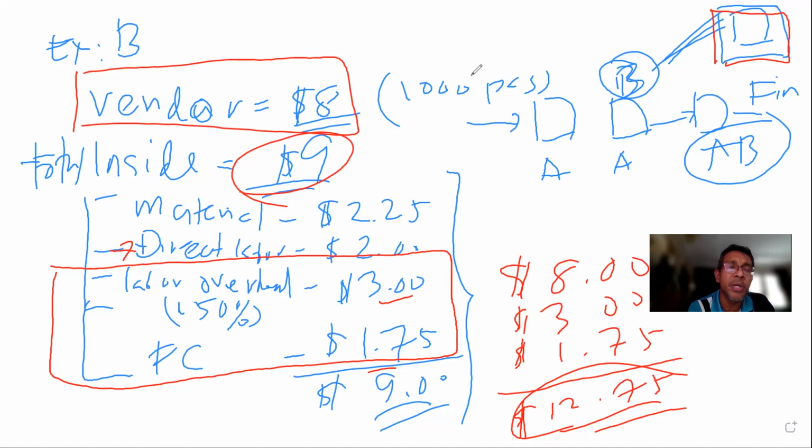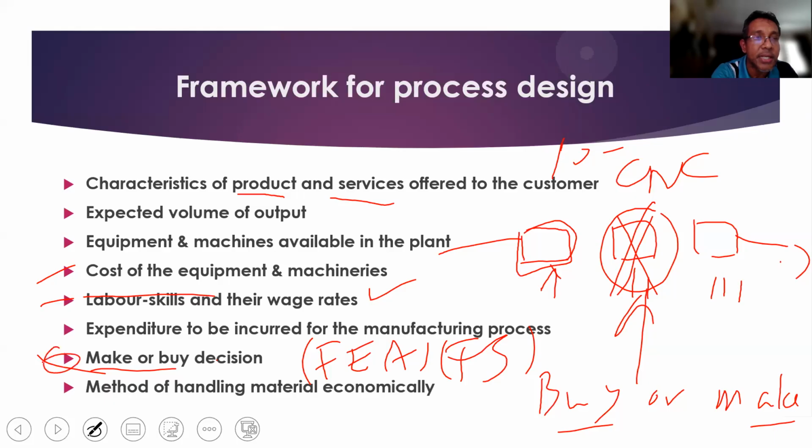So maybe you see this one as quite simple, quite straightforward. When you see the price, you can decide instantly. But normally, when you need to make a presentation to the top management to get approval for why you want to buy, why you want to make inside, they need paperwork. So this knowledge will help you to do the paperwork. I think you can understand this example clearly to relate with the make or buy decision.